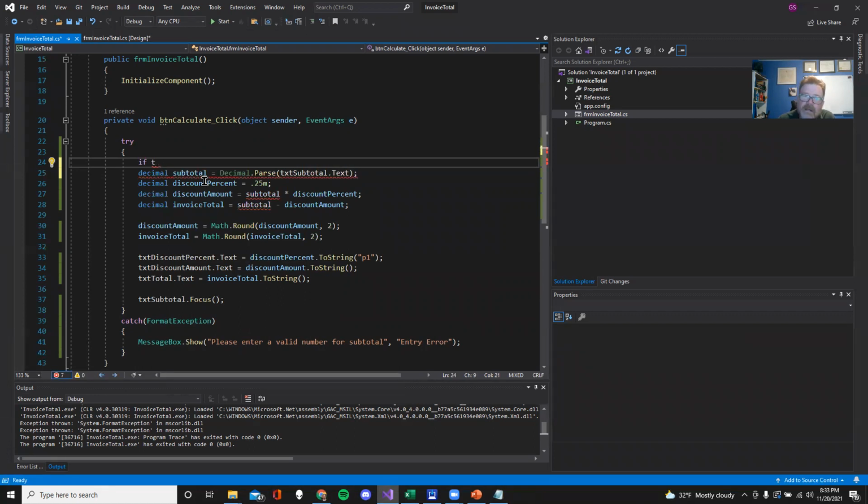Oh no, yeah, that's right. They've hit the calculate button at this point. If text sub, why are you not helping me out with this? Subtotal dot text. Okay, so you should know what that is. If that is equal to nothing,